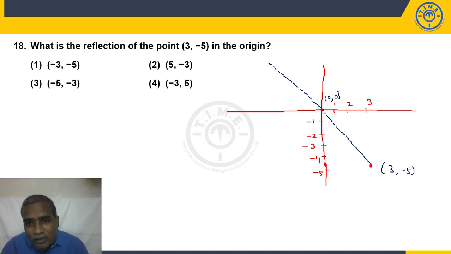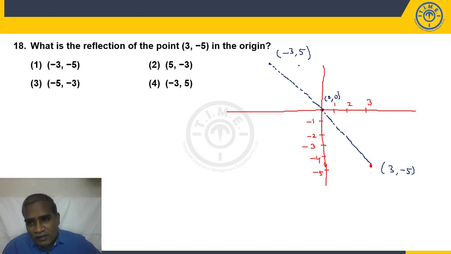This lies in the second quadrant now. In the second quadrant, minus plus. That's why what is the answer? (-3, 5), over. Understood? Simple. Here this lies in the second quadrant. In the second quadrant, values are minus and plus. Here minus plus we have to take. So that's why you have to take (-3, 5).